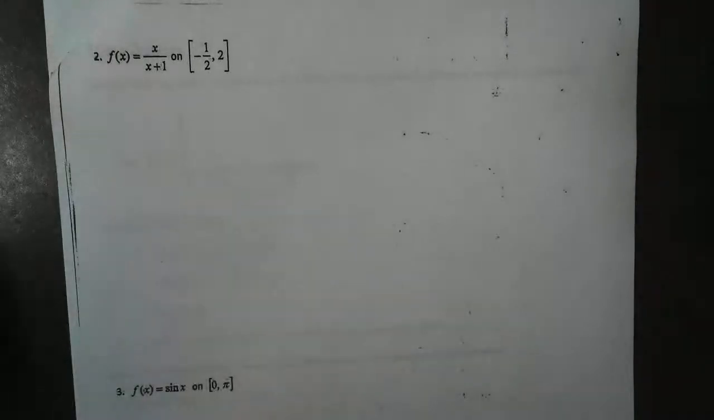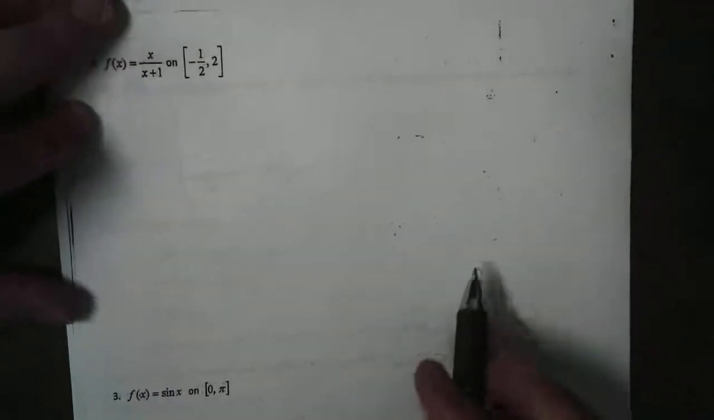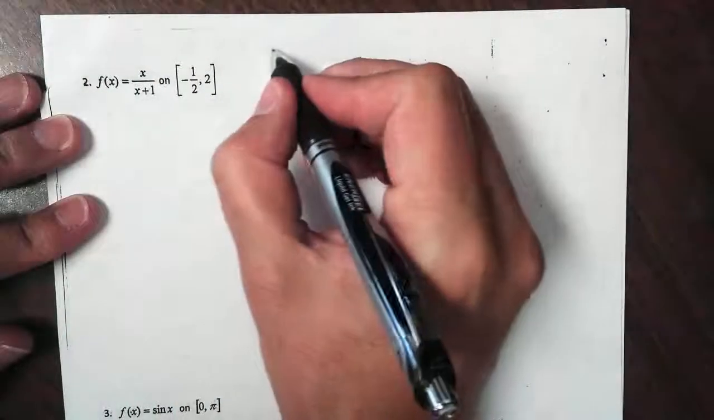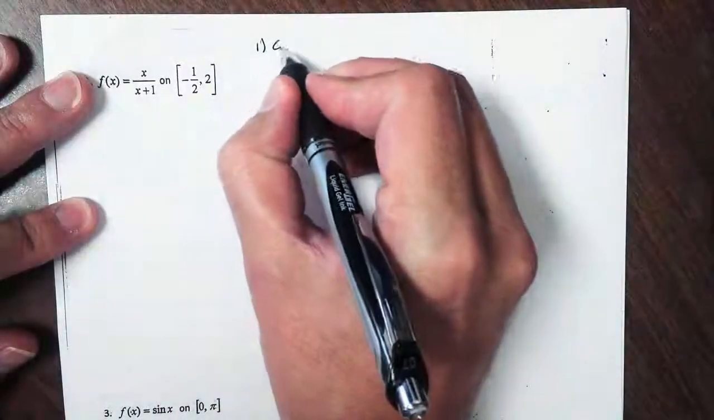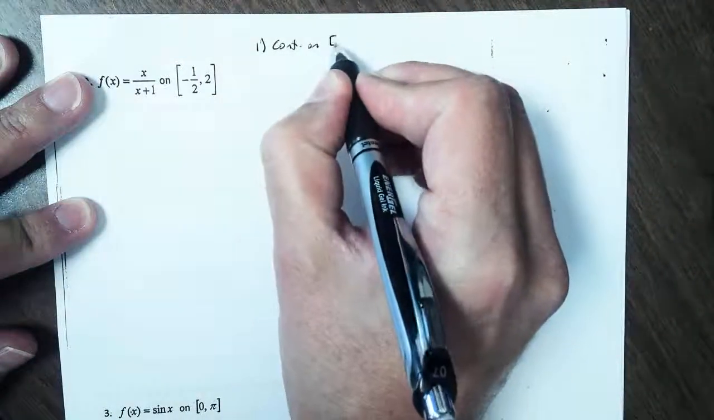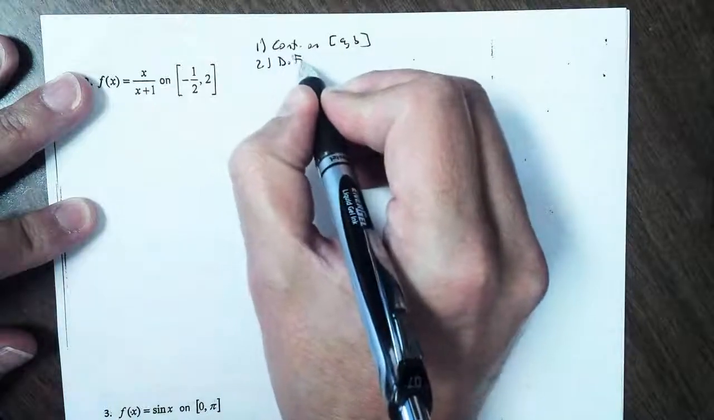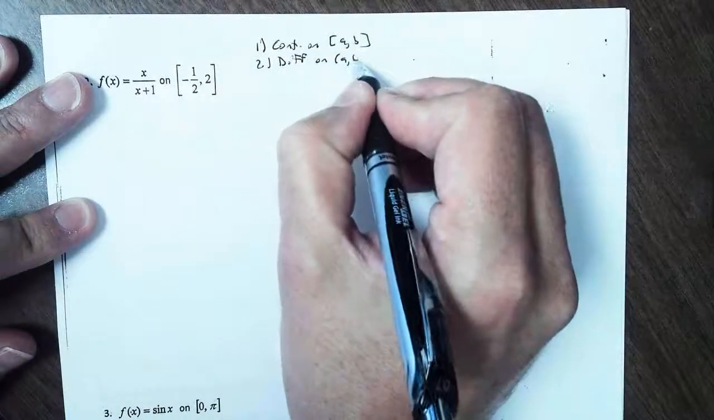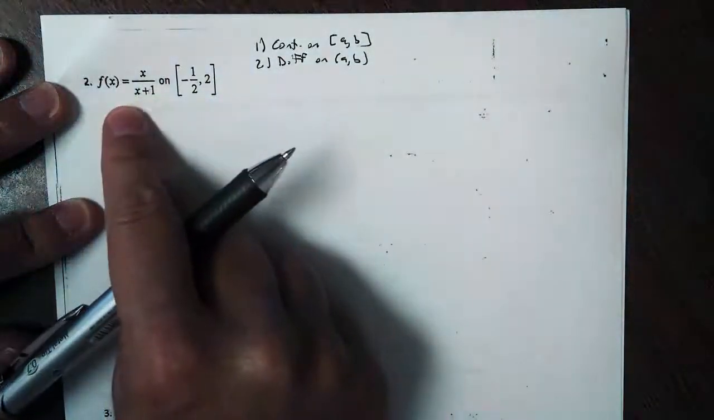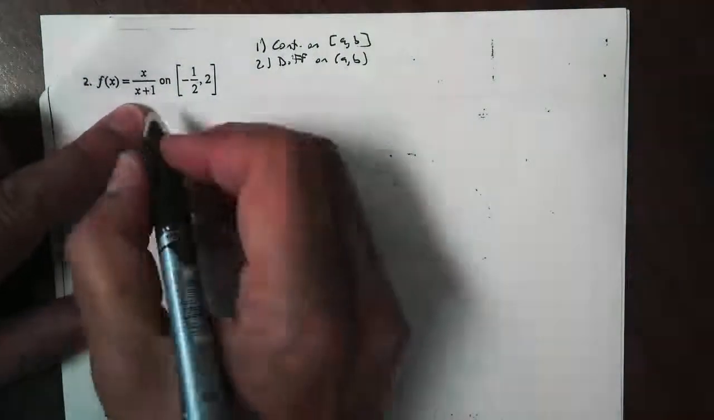Alright, so before we move on to Rolle's theorem, let's take a look at a couple more examples of the mean value theorem. So to do the mean value theorem, very simple. Remember, you want to show that the function is 1, continuous on a closed interval, and 2, differentiable on an open interval. So if we take a look at number 2 right here,